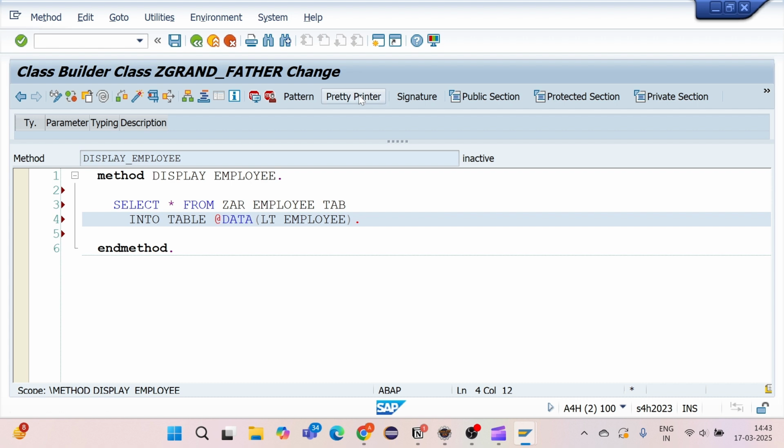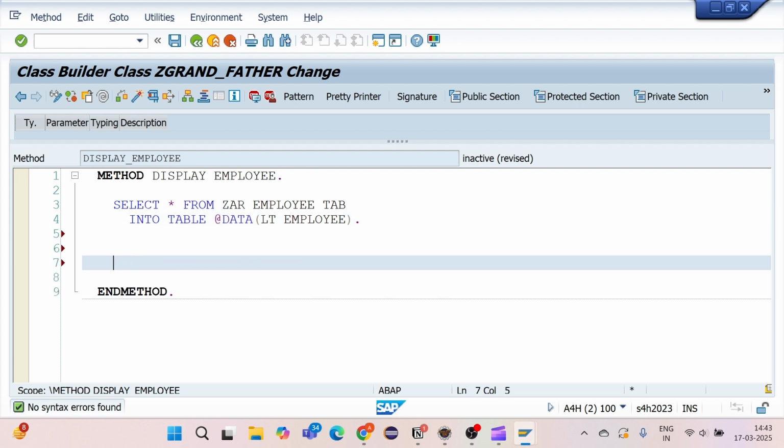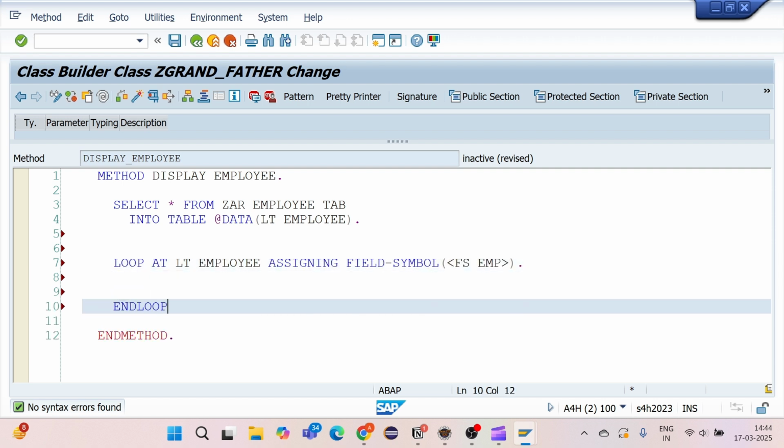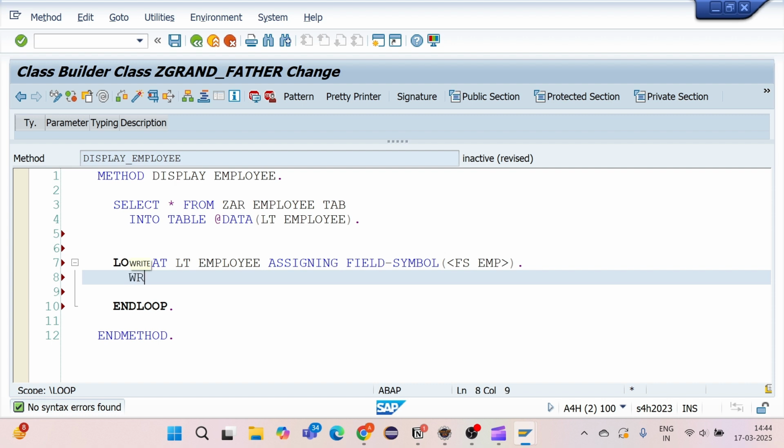Okay, pretty printer, let me check the error. There's no error, right? Now I will simply display it. So loop at lt employee, assigning field symbols fs employee. Okay, and simply I will display it. So write statement fs employee,